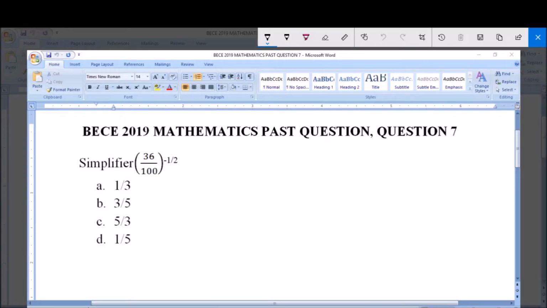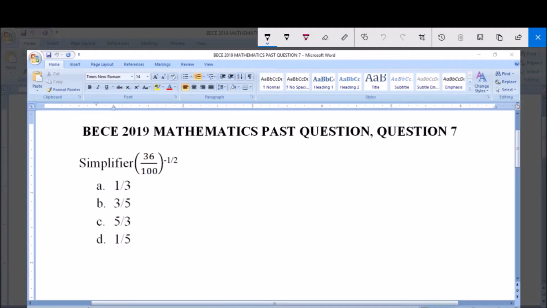Today we're going to be looking at BECE 2019 Mathematics Past Question 7. Simplify (36/100) raised to the power of minus 1/2. That is raised to the power of half. And like we know, this kind of